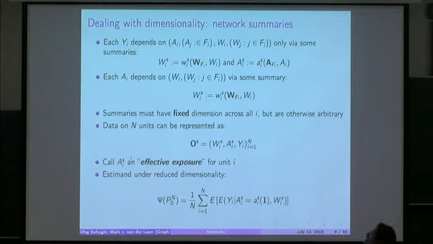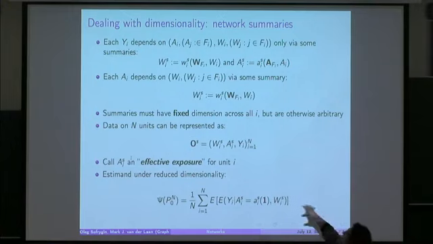We're going to find summaries of the data where we say that the outcome, Yi, really does not depend on all exposures of their friends and the covariates of their friends, but rather it depends on some summary measure of those exposures and the summary measure of those baseline covariates. And we leave those summaries undefined, but we only require that they have the same dimensionality across all units, and that they map into a common space also across all units, which would suggest that we can actually now estimate this conditional outcome model by pooling across observations.